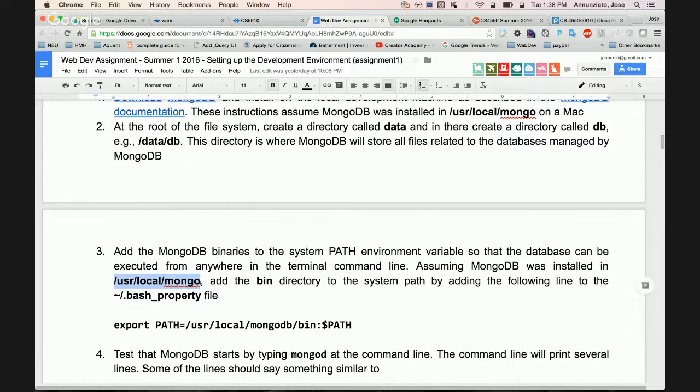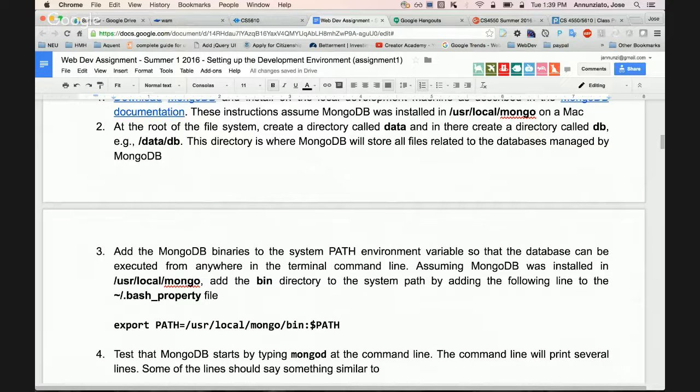You could also use Homebrew to install it, yes. In this export PATH equals /usr/local, you need to put mongo, or whatever location it's in, right before /bin. That should say mongo. Oh, yes, thank you, good catch. And depending on where it's placed, you might have to do a bash profile.